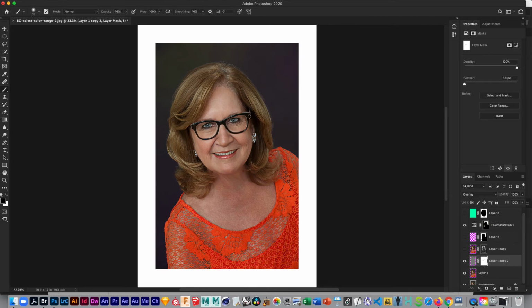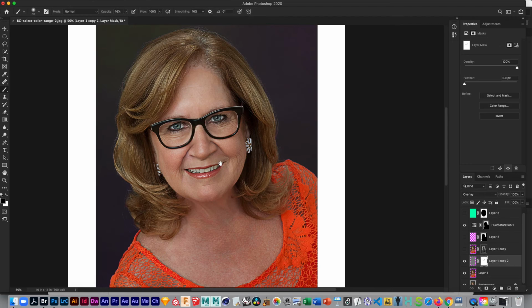That's much, much better. Right? What else would I do? Well, being that she's a woman, normally people would not want their wrinkles highly sharpened, and it's pretty sharpened here. So I would also just probably remove some of this sharpening on her face to make her skin a little softer,